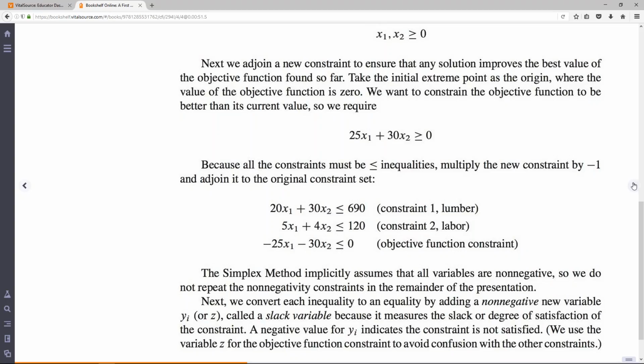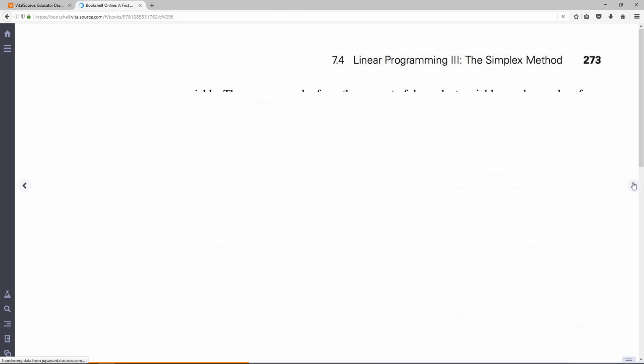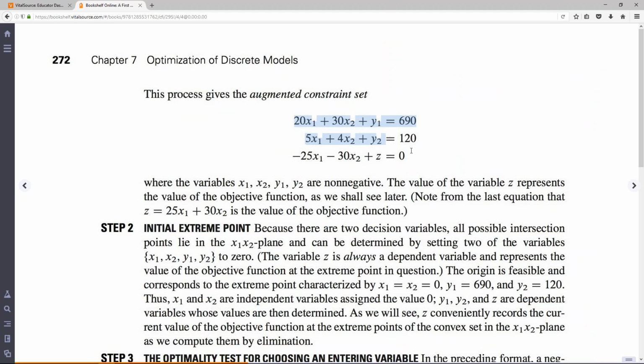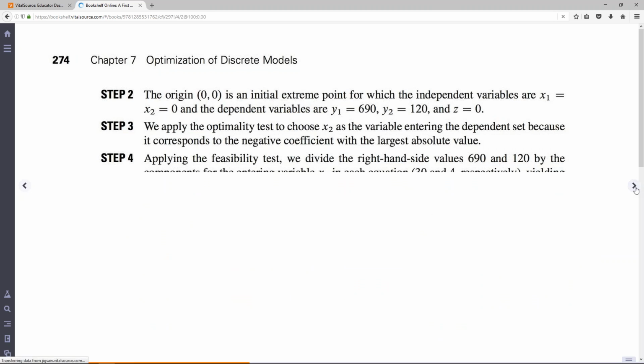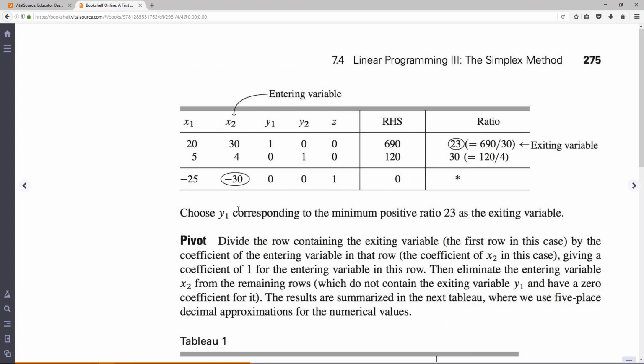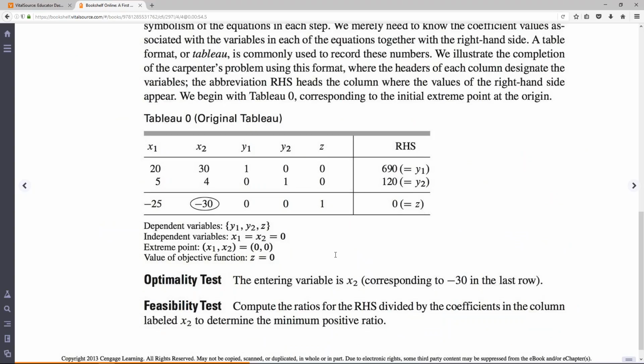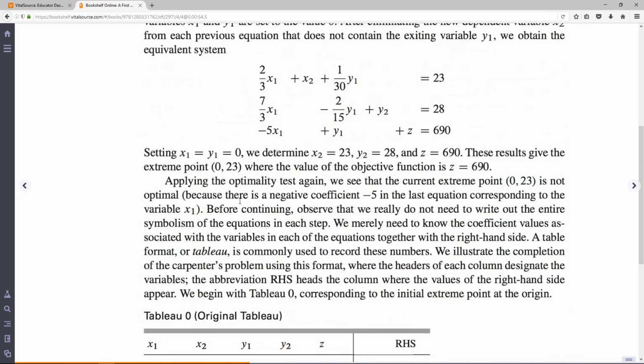And then with that being said, if we add y1, y2, and z into the equation, you would be able to come up with the tabular format. That is the tabular format that we are after. And then if you go a little bit further in the textbook, you would see this one is the initial table. And then once you get this initial tableau, the next step is trying to find